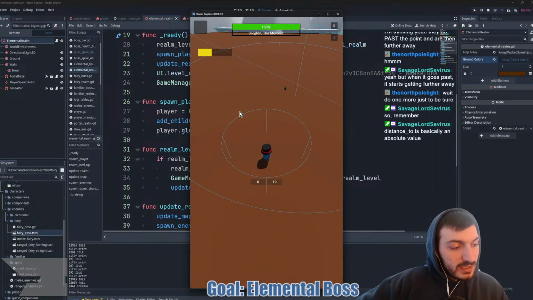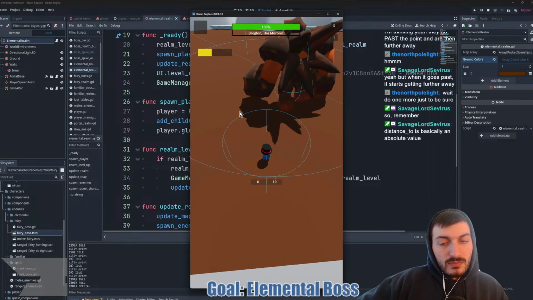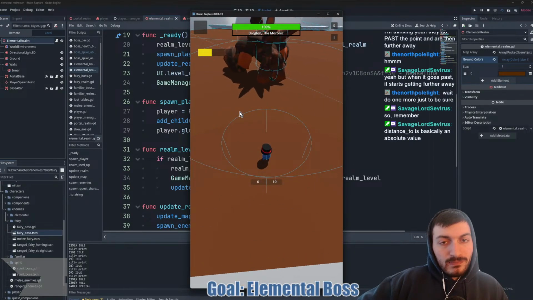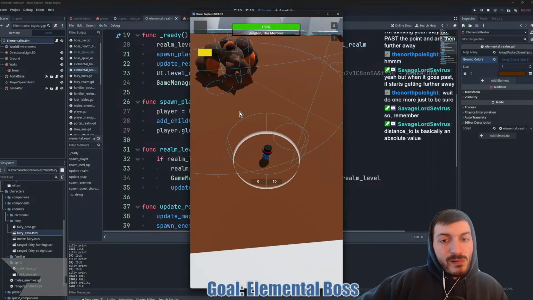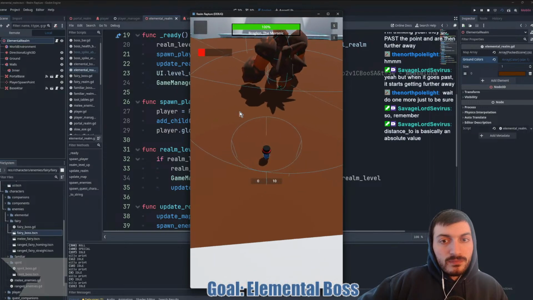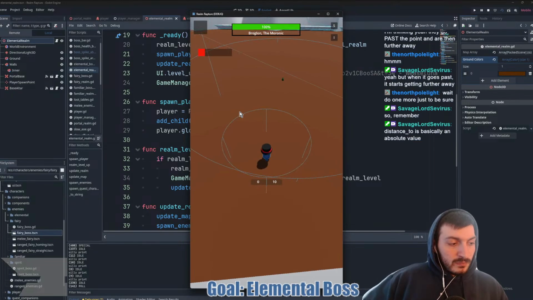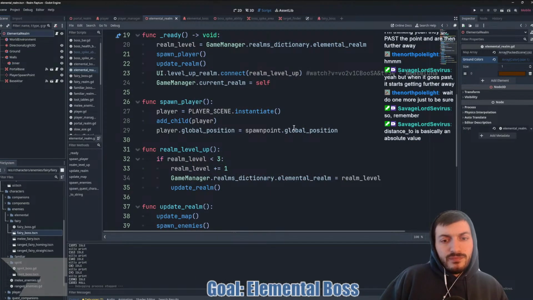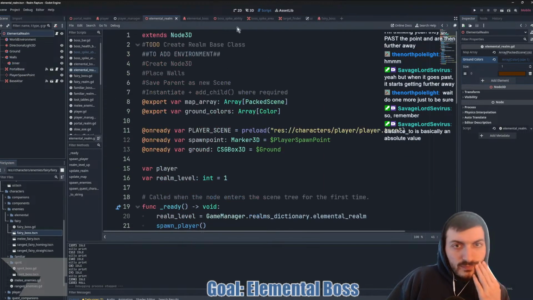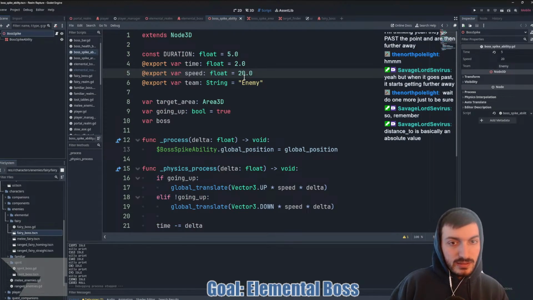Distance 2 is basically an absolute value. So then how fast can we crank this up without it breaking?